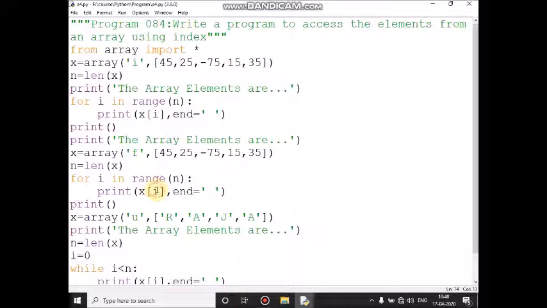X of third location will print, that is 15.0. Then it will give one blank space. Then control comes here. The i value 3, 3 plus 1 is 4, 4 is in range. The condition is true. So control comes here, and the X of fourth location value 35.0 will print. After that it will give one blank space. Then control comes here. The current value is 4, 4 plus 1 is 5. The condition is false. Control comes to the immediate next statement. This print will give one blank line. Then control comes here.